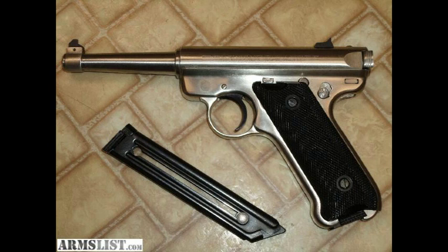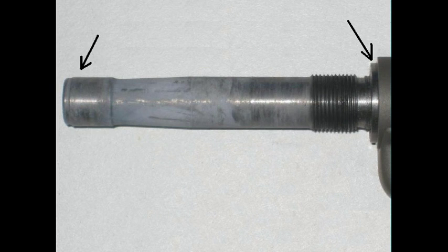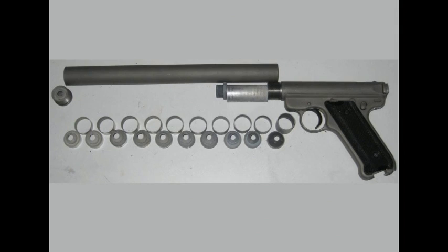I started with an ordinary stainless Ruger Mark II with a slim 5-inch barrel. I removed the front sight and turned on the barrel. The threads were made with a die held by the tailpiece chuck. The threads only hold the silencer in place. The front of the barrel and the frame were turned down to mate with the silencer and align it properly. The silencer is not integral to the pistol like the Ruger Amphibian, but it does telescope over the barrel about